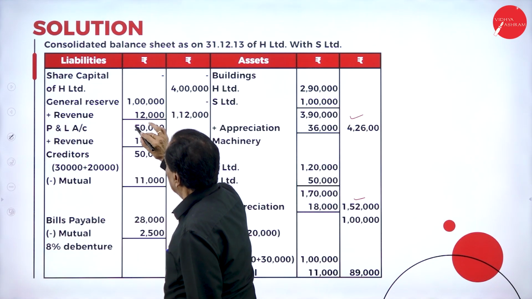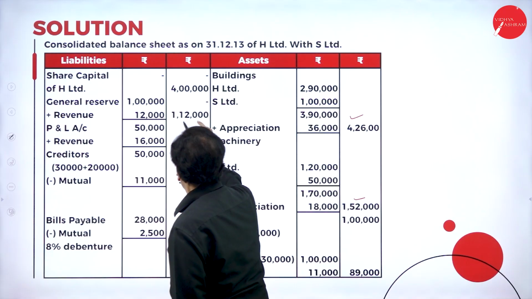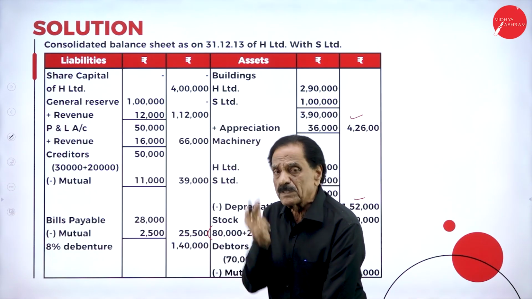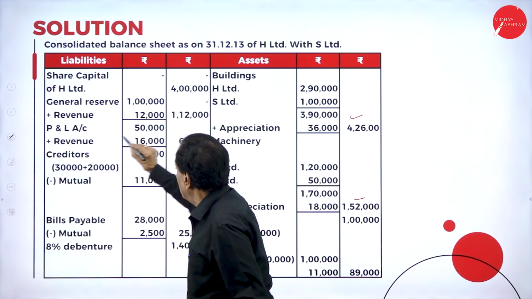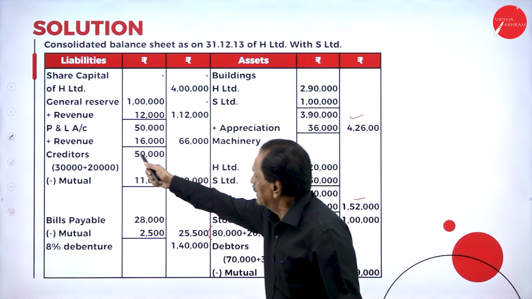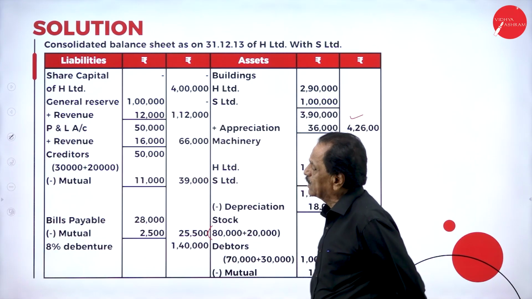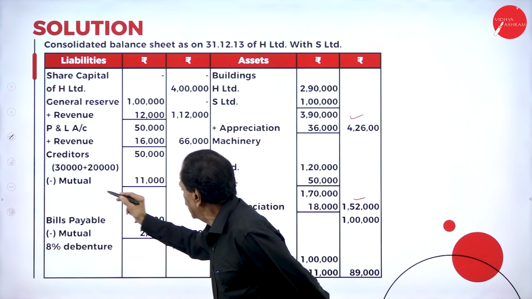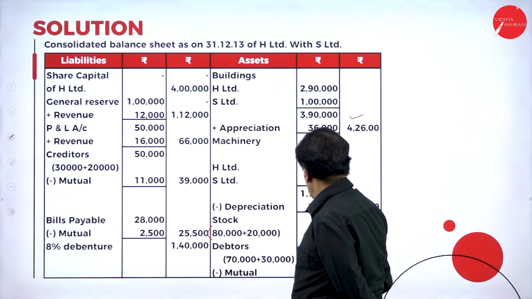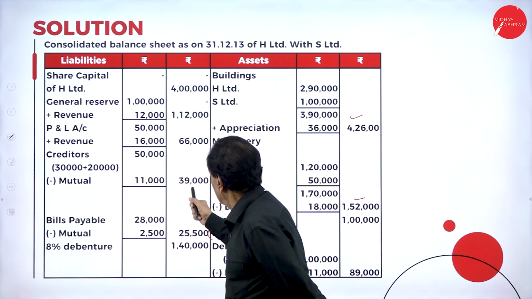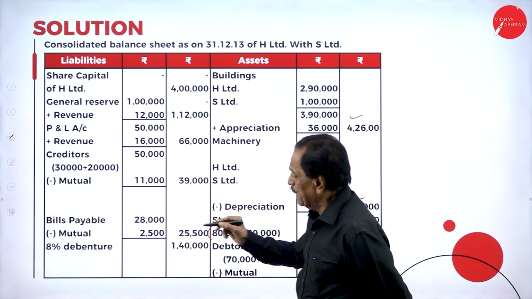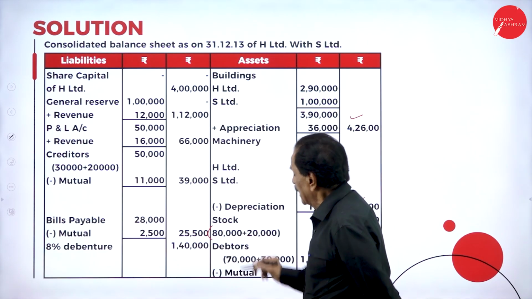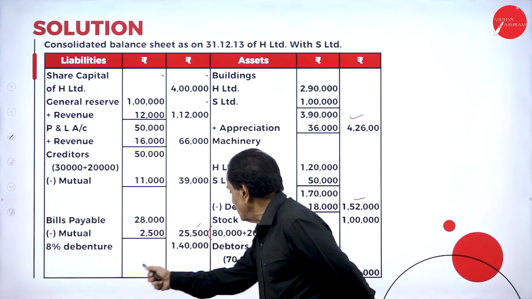General reserve is 1 lakh plus revenue reserve is 12,000. It becomes 1,12,000. Only revenue reserve should be added. Capital profit, capital reserve is already utilized. Profit and loss account is 50,000. Add revenue 16, becomes 66,000. Then creditor 50,000. 30 plus 20 is 50 minus mutual 11,000. Deduct. Balance is 39,000. Bills payable totally 28,000 minus mutual 2,500. It becomes 25,500. 8% debenture